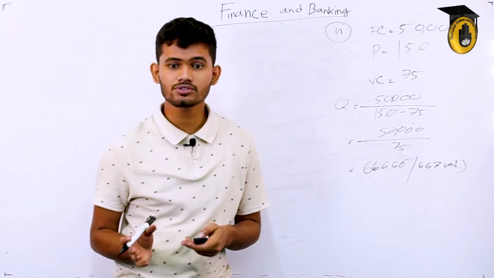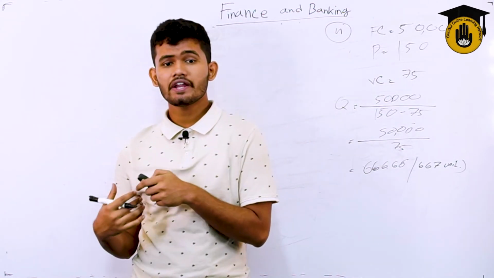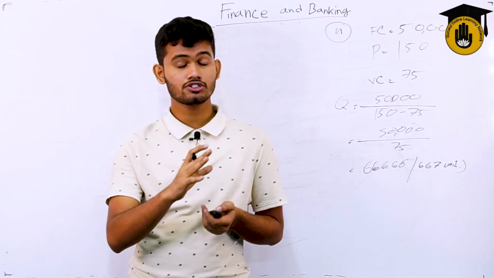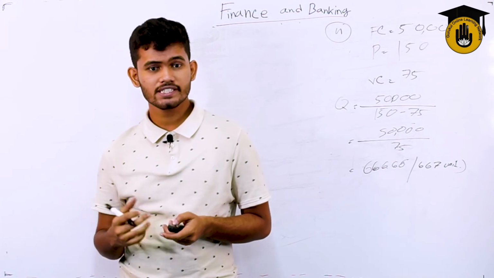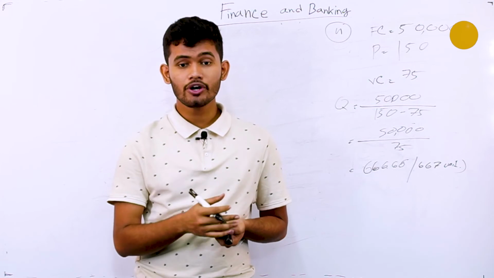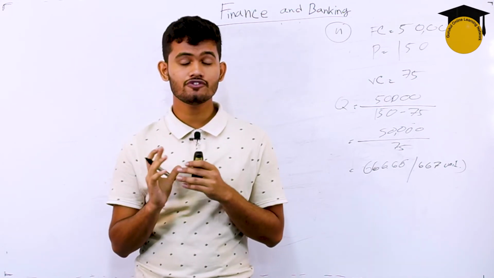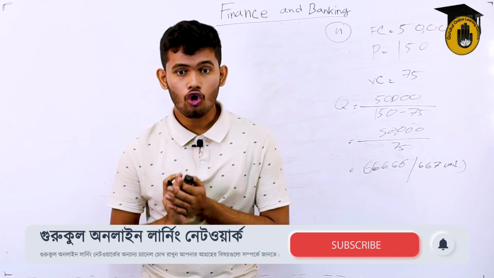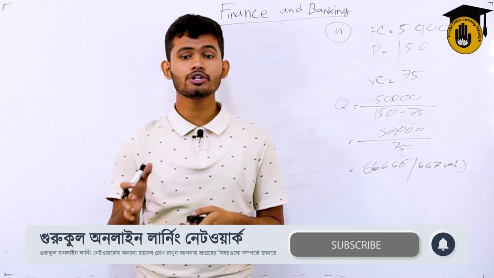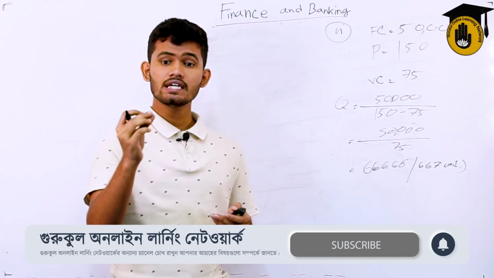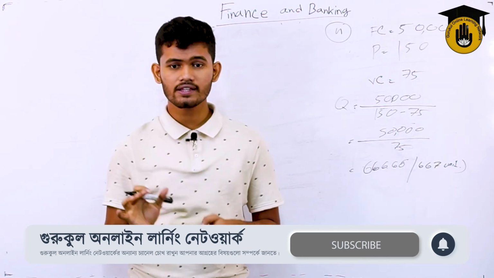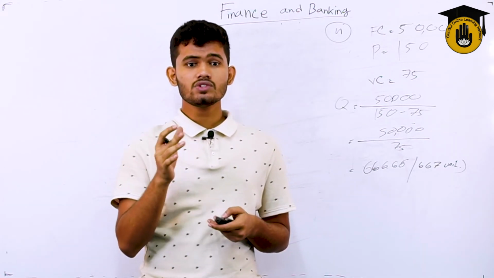So what is the effect of this? 667 units. In the previous ones we saw, if the per unit variable cost increases, the break-even point increases, and the fixed cost increases, the break-even point also increases. But if the P, the price per unit selling, increases, the break-even point decreases. But in situation 4, if all of those are increased all together, the result eventually comes down to a lower grade. So the break-even point decreases. In the normal one, the break-even point was 750 units. But in situation 4, when we combined all of those together, our break-even simply decreases.